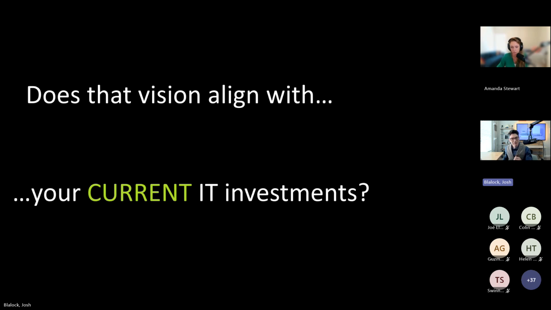And then with that question answered, I think most organizations would be saying in 2 years, we're going to be pretty far advanced. We're expecting to do all kinds of crazy cool things with agents and AI. So then we can ask, does that vision align with your current IT investments, the investment decisions you're making right now?